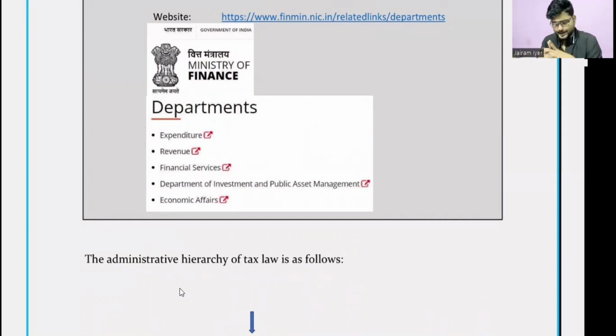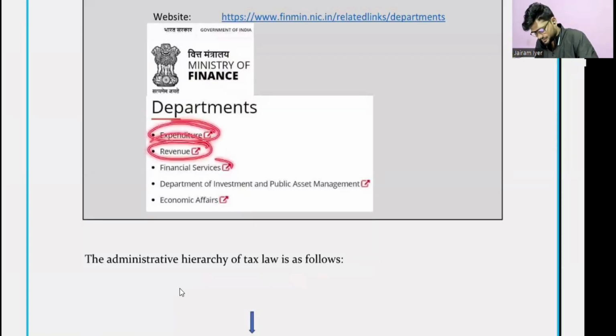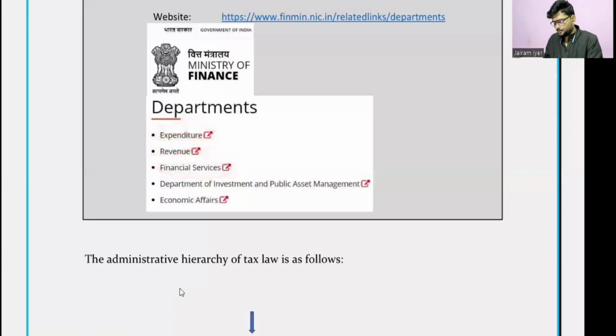The direct tax and indirect tax all belong to the Ministry of Finance. Why? Because it is a financial thing, correct? Finance means money. Here money is involved. So our direct tax and indirect tax fall under the hierarchy of the Ministry of Finance. Now, under the Ministry of Finance also, there are different departments, like the Department of Expenditure, Department of Revenue, Department of Financial Services, Department of Investment and Public Asset Management,